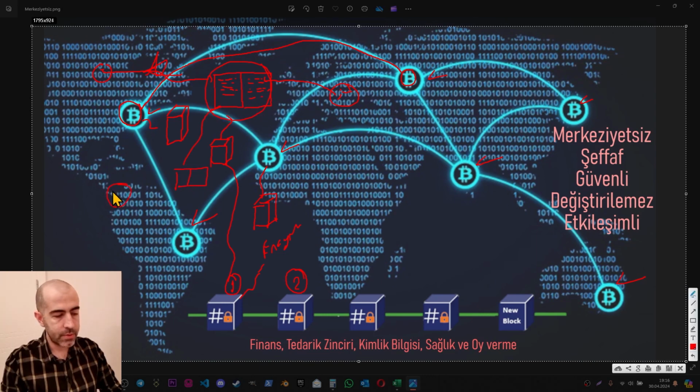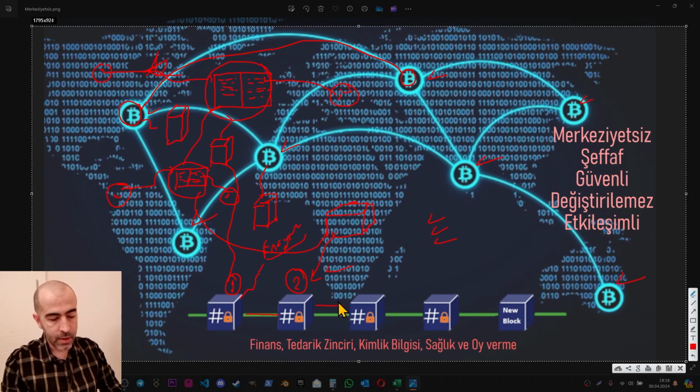Then another person comes, writing new information in the new pages, another person comes and they fill the new 2 pages of this notebook. Then another block is being created, and before all the computers confirm the second block, they are checking if the first block's encryption is correct and everything is going on smoothly. And if everything gets confirmed, then the second block is getting confirmed and added to the chain itself.